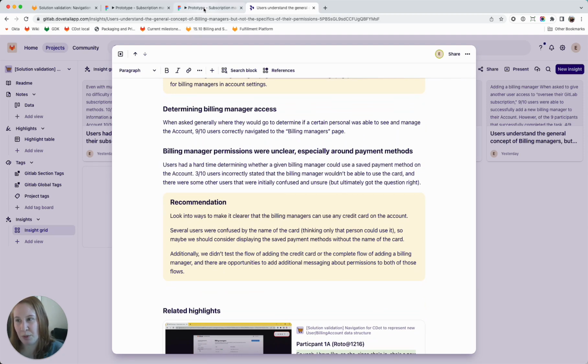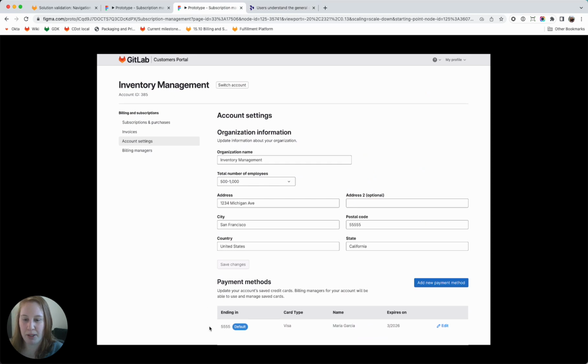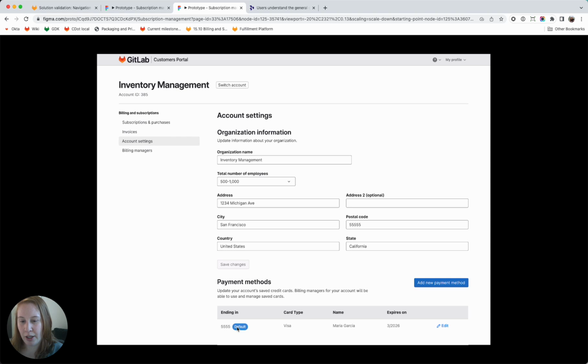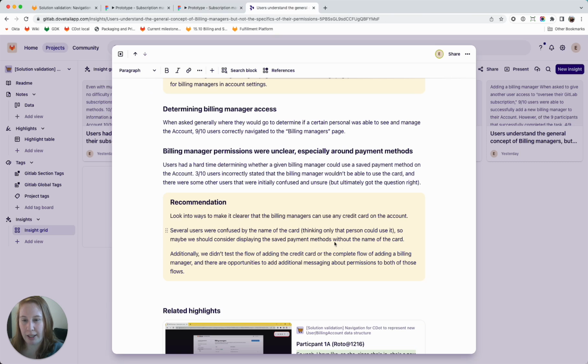One of the tasks we asked was asking people to determine if Tom Jones, who was a billing manager for this account, could see and use this credit card. And some people got tripped up by this, thinking that it was Maria Garcia's card and it was personal to her. So I think there's an opportunity, and I detail some recommendations here about ways to make that a little